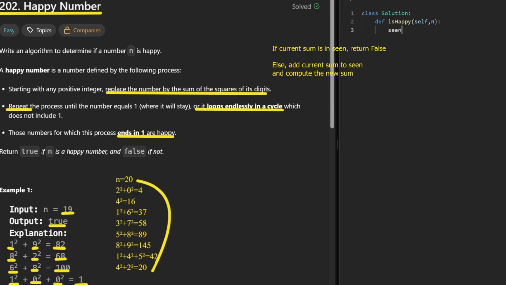First, create the set seen. As long as n is greater than 1, do the following steps. If the current sum is in seen, we return false. Else, add the new sum into seen. Now, compute the new sum for the next iteration. For each digit in the string of n, convert it to an integer and square it. Sum them up and update n with that new sum. Repeat until n either is in seen, in which case we return false, or n equals 1, in which case